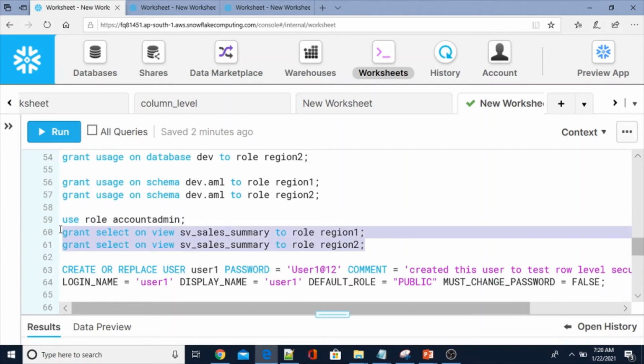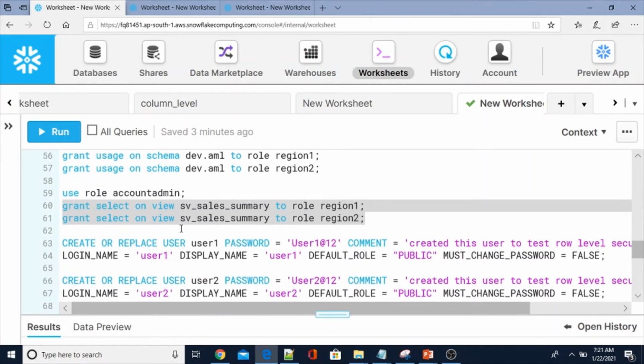This secure view was also created by using the account admin role only. That's why I am giving the select privilege on the secure view to the roles, role region 1 and region 2, by using the account admin role.